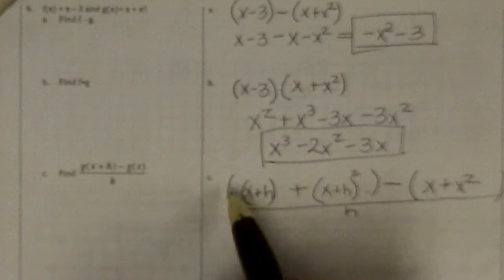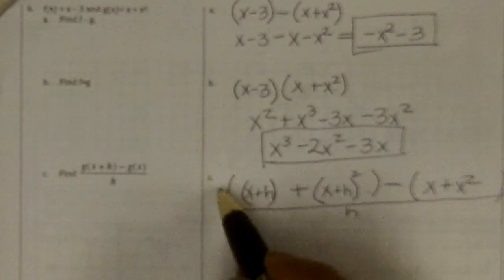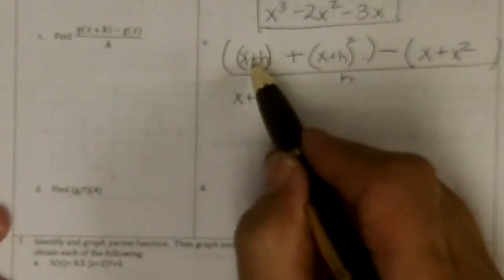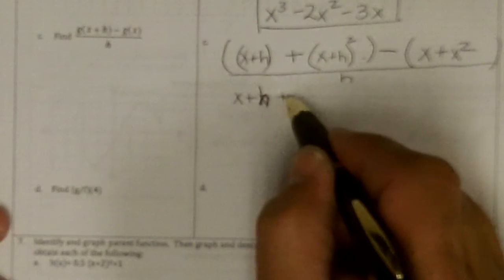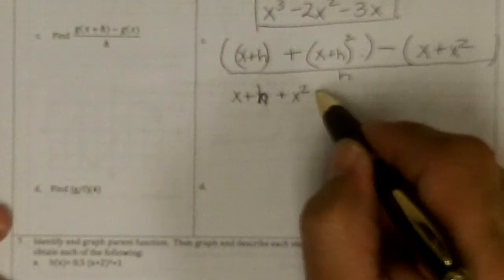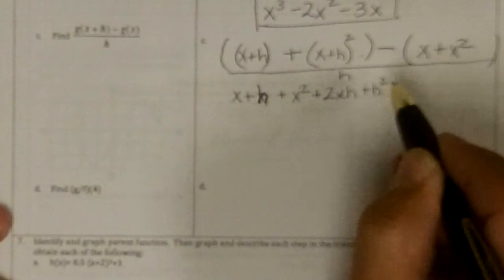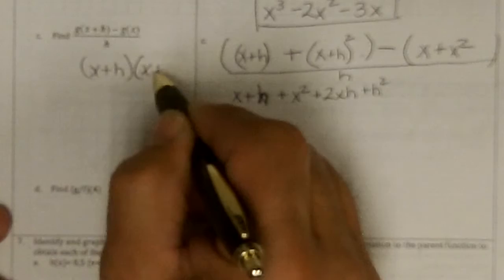Now, I should square that. So I got x, and there's nothing to distribute on this quantity, so I'm going to have x plus h, plus, and this squared is x squared plus 2xh plus h squared. If I take x plus h times x plus h,